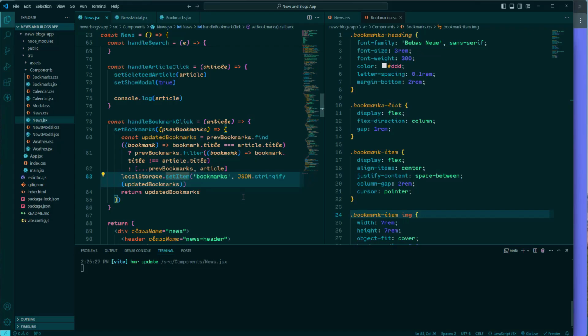It could have been updated by adding a new bookmark, removing an existing one, or any other modification. By converting updatedBookmarks to a JSON string and storing it in local storage, we ensure that our bookmarks are saved and can be retrieved later. By saving the updated bookmarks to local storage, every time a change is made, we ensure that the user's changes are not